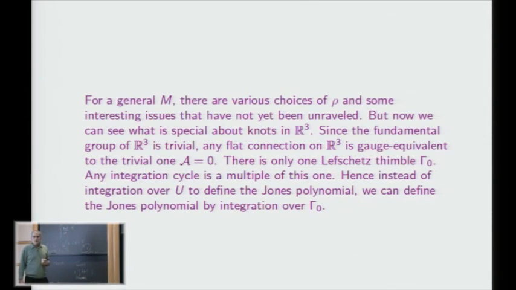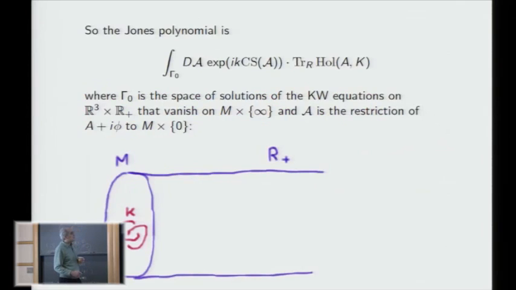I claim that that's actually what's special about knots in R3. And that's why there's a special theory of knots in R3. The integration cycle U that leads to the quantum knot invariants is also equivalent to the Lefschetz thimble associated to the trivial flat connection. So the Jones polynomial can be described now as an integral over the Lefschetz thimble gamma naught,